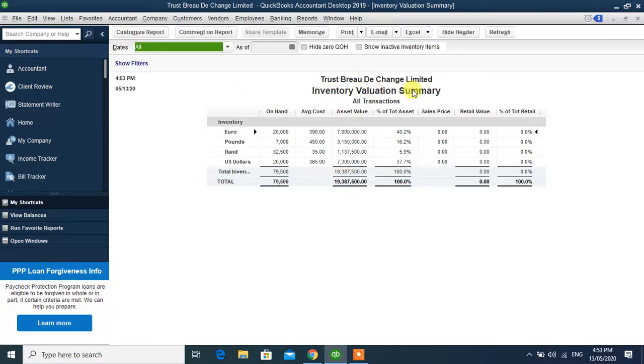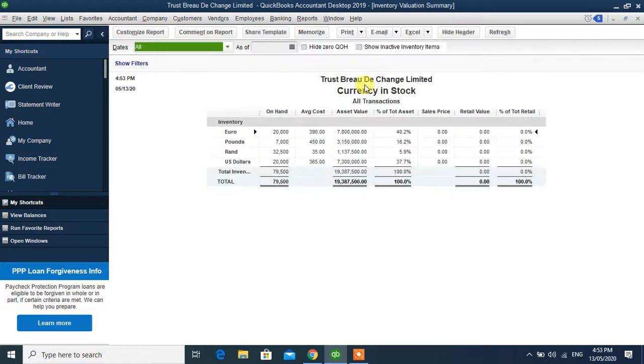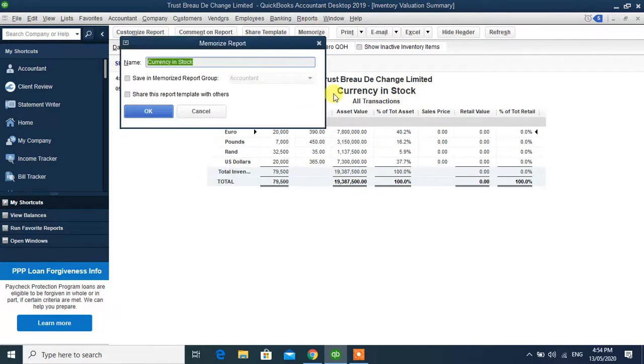If you don't want to call it Inventory Valuation Summary, you can go to Customize Report, Header and Footer, and just enter a name of your choice, like Currency in Stock. So you type Currency in Stock, and this will change the title. And if I don't want to change this every time I come to this report section, I can click on Memorize. Which means I want to give this a shortcut,